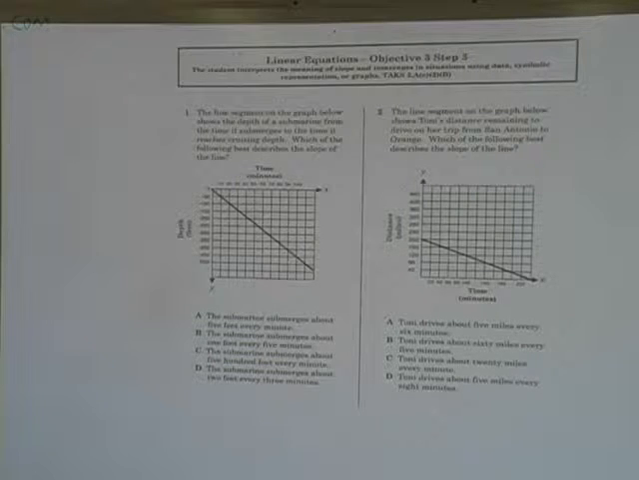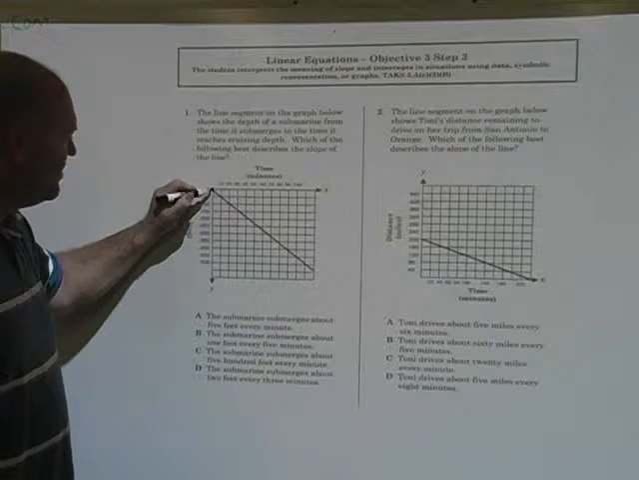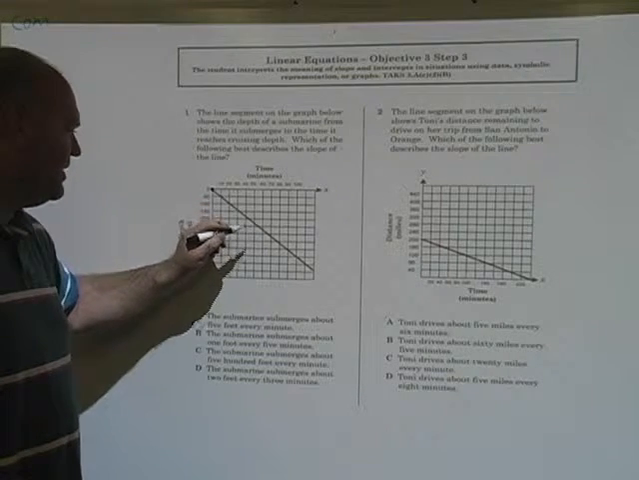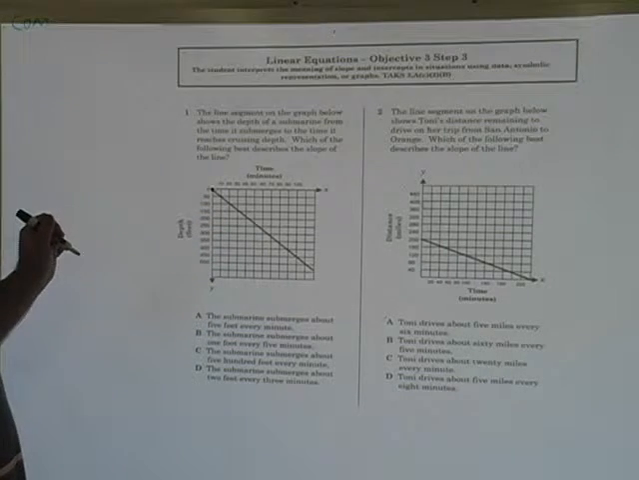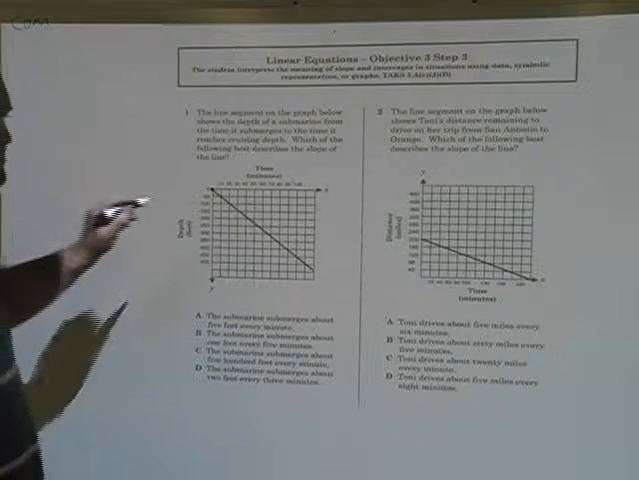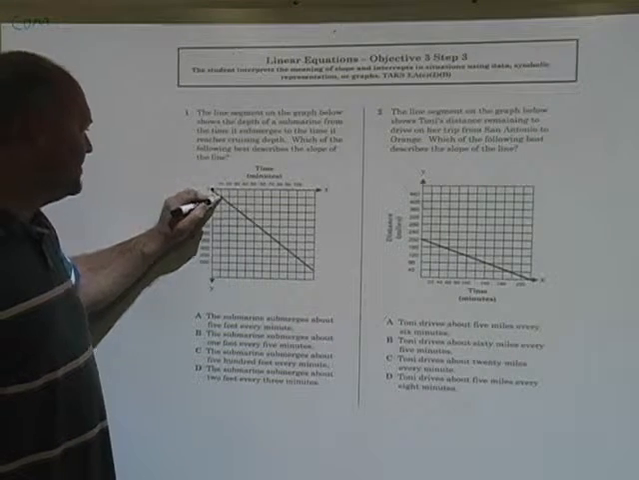On number 1, it says the line segment shows the depth of a submarine from the time it submerges to the time it reaches cruising depth. Which of the following best describes the slope of the line? So you want to look at your slope here, and you want to pick a point. I'm just going to pick this first